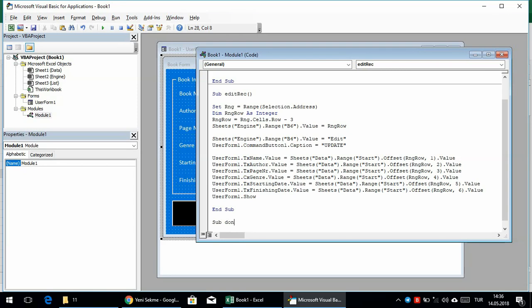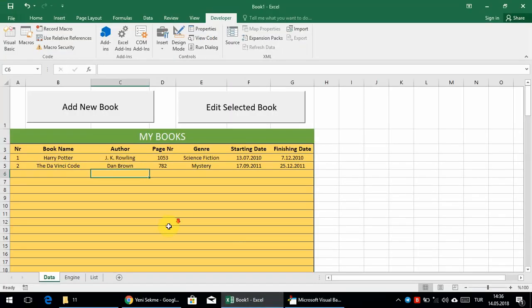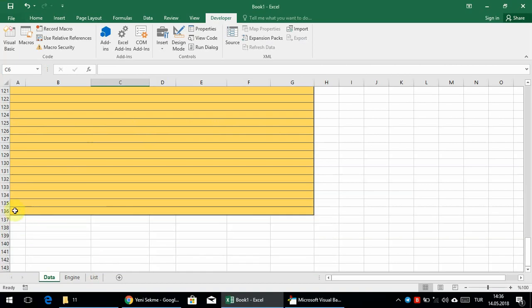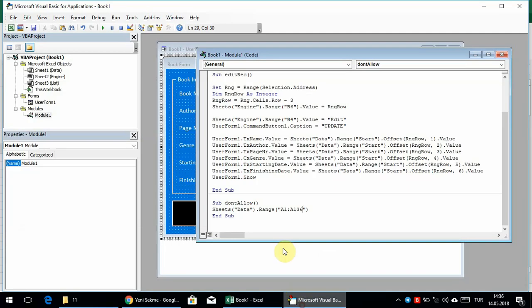Let's add a function. Let's say sub DontAllow, and we need to select the Sheets data dot Range, and also the range from A1 to, I think we had till 136, as I remember. Yes, 136,